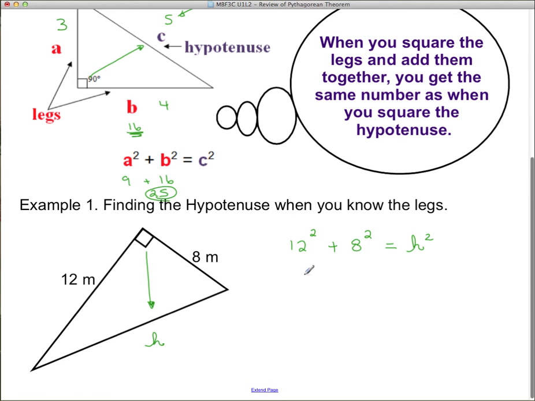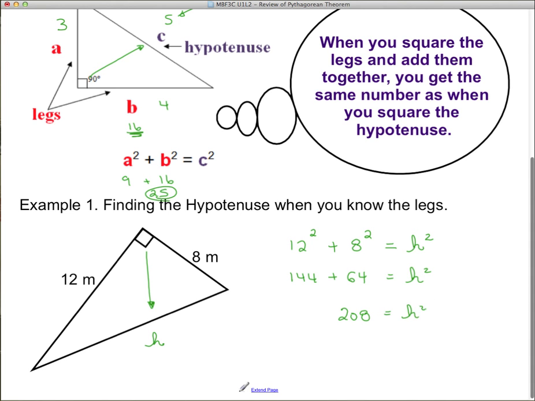12 squared is not 24, it's 144. And 8 squared is 64, 8 times 8. And we don't know what H squared is right now. That's what we're trying to find out. So we're going to leave it as H squared. So 144 and 64, let's see if we can do that in our heads. 140 and 60 would be 200. And then I've got the two 4's there. So it's 208